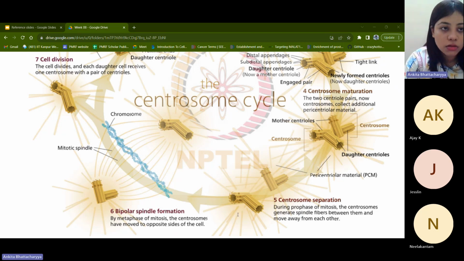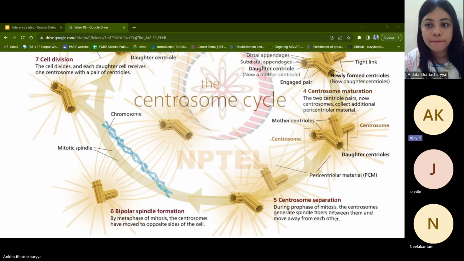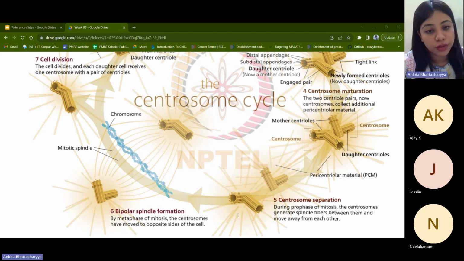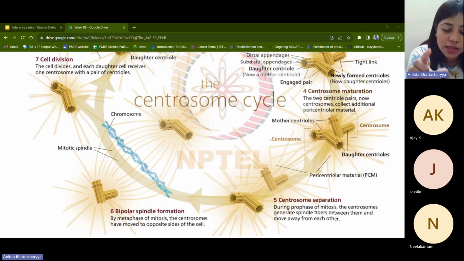Did you get it? What I got is centrioles with pericentriolar material is the centrosome, and from the centrosome, when they are separated, they become centrioles. No, they are still a part of the centrosome only. The centriole, what you see, these little pasta-like things, they are individually centrioles. That is always associated with the pericentriolar material and it forms the centrosome. It's not a membrane-bound structure. It stays like this only.